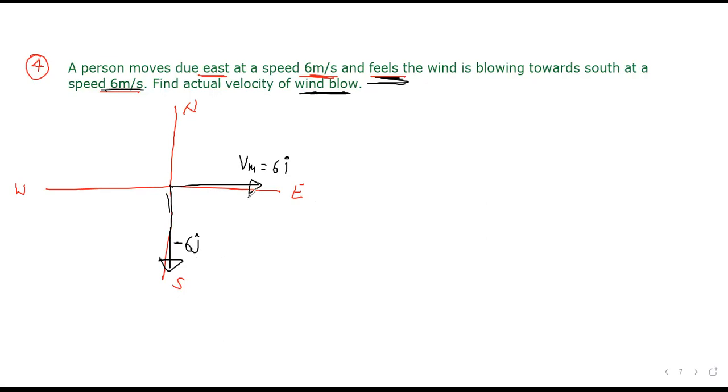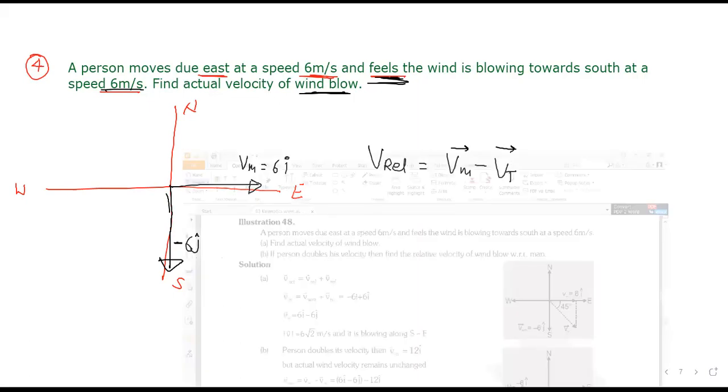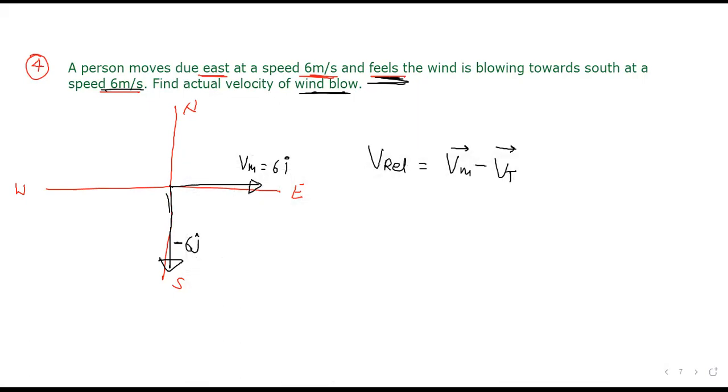Okay, so look here, how will I answer this? Relative velocity will be the velocity of the man minus the velocity of the train. That should be your answer? Yes. So let's answer this. Look here. I'm writing it a little opposite. We have to write the relative velocity of the wind, so I should write it that way: velocity of the wind minus velocity of the man. Correct?